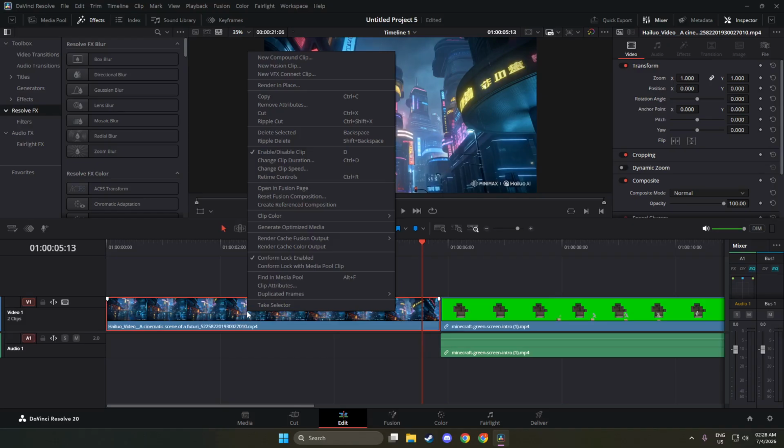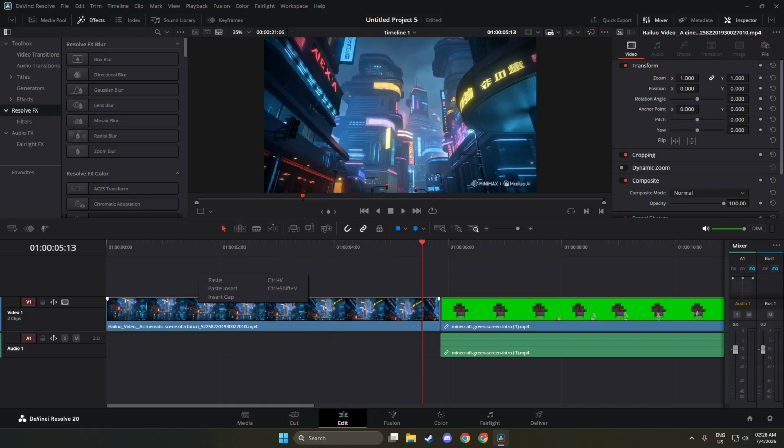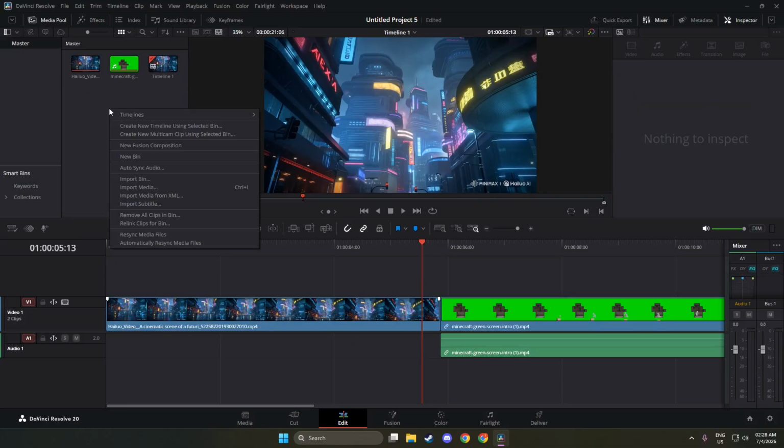This action sets the foundation for your editing work, allowing you to organize your video clips into a cohesive sequence. You will find that creating a timeline is a straightforward process, and it is key to bringing your project to life. Once you have created the new timeline, the next step is to name your timeline.